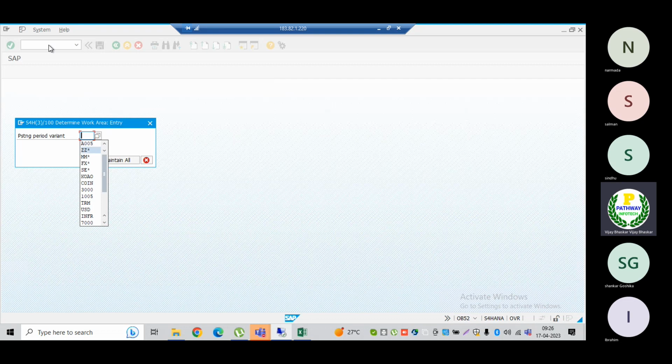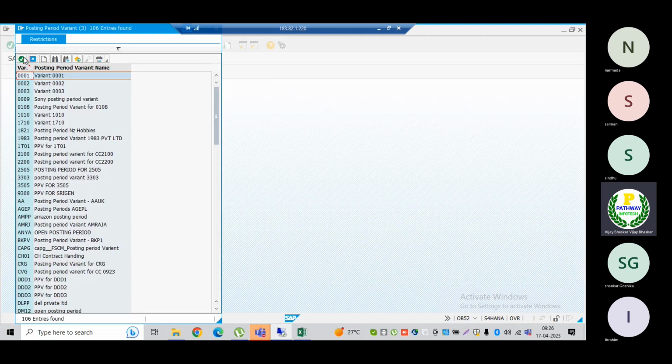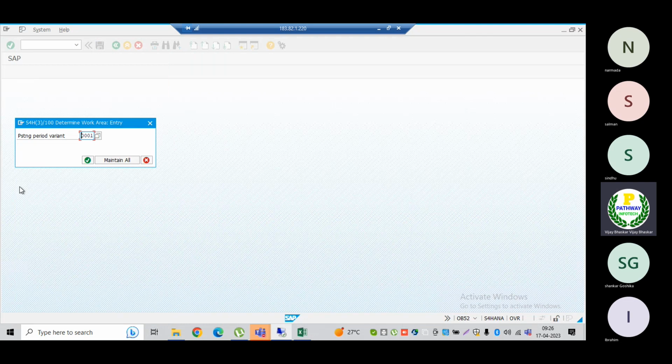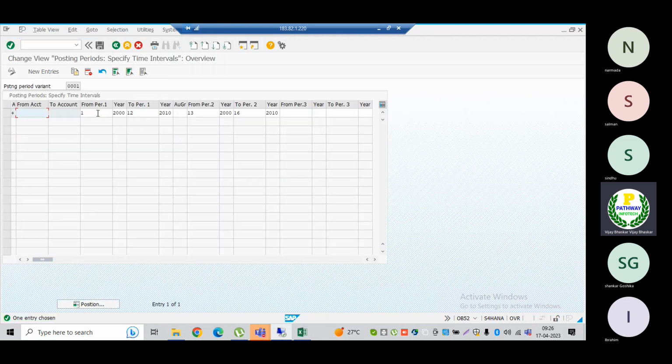Remember, I'll give anything here. If I want to do any posting period changes, let me select the standard one. Here I want to do some posting period changes. Now I want to close the period of March. Then if I want to reopen the April period, then I need to perform it.